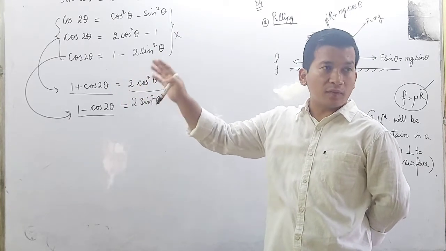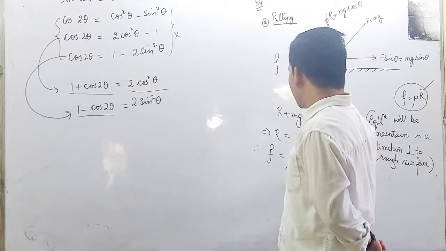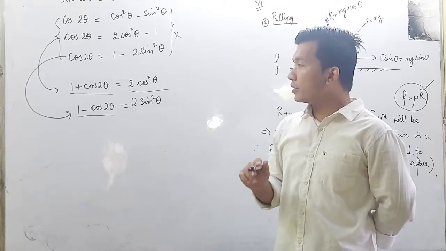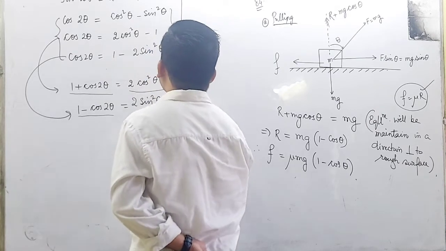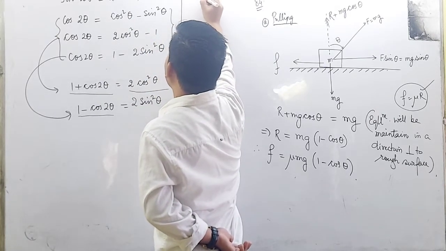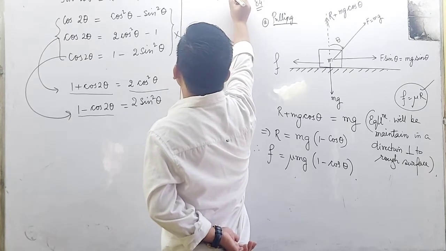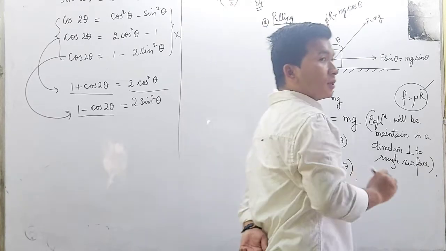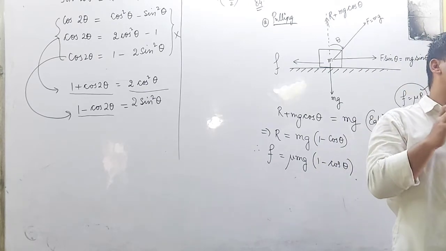Now let us try the corresponding multiple formula, because we are going to utilize multiple formula for this question number 84. My multiple formula: sin of theta can be written like this, equal to sin of 2 times theta by 2. It can be written as 2 times the